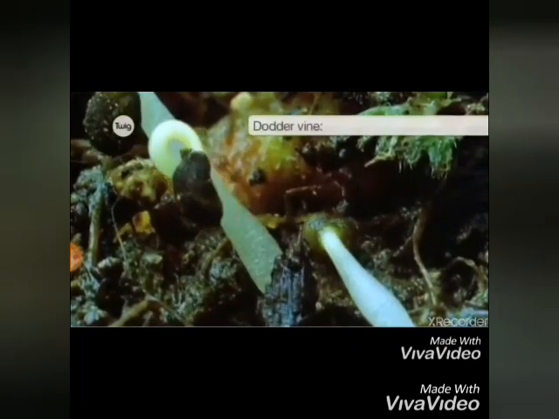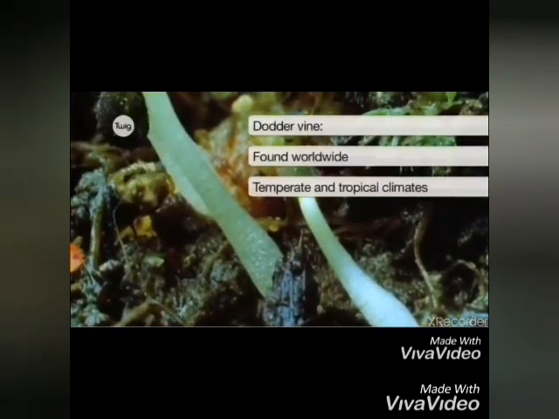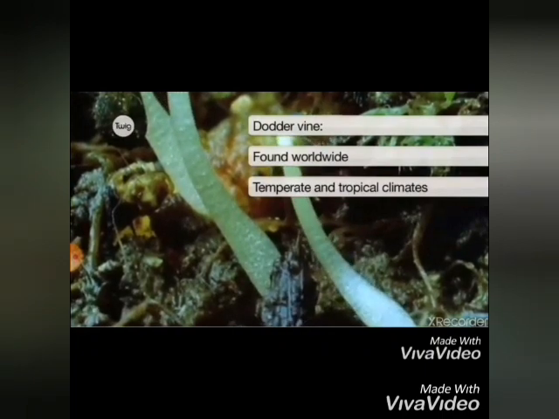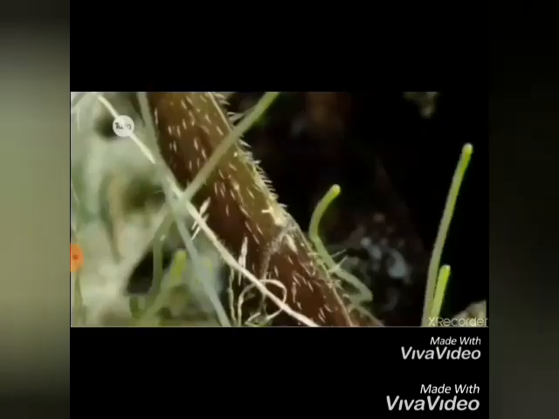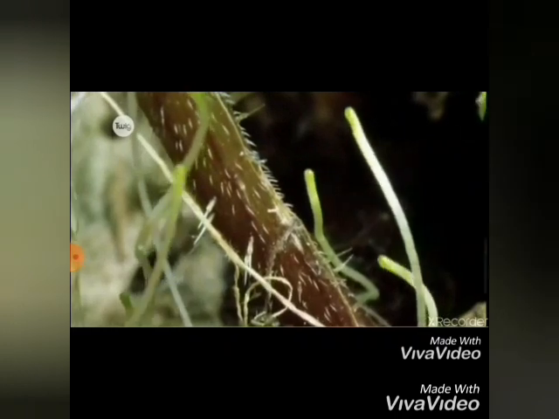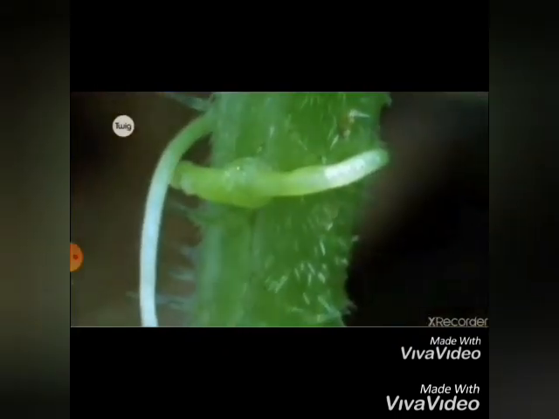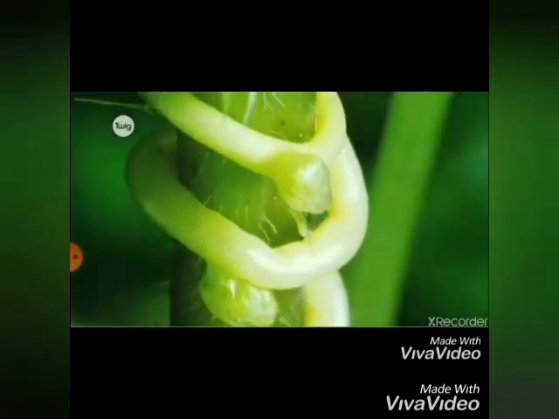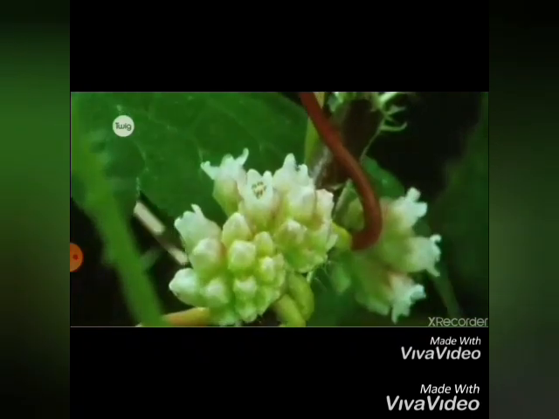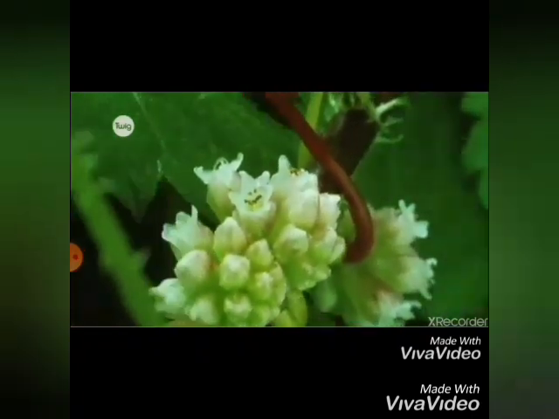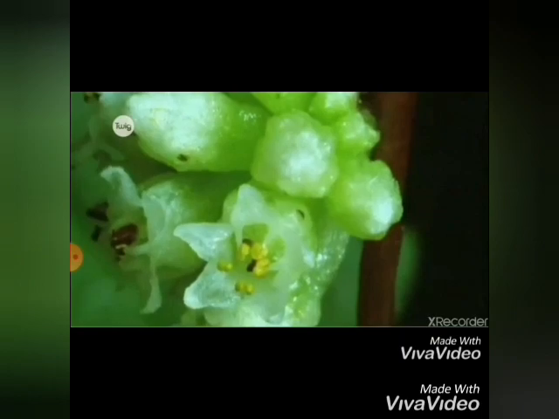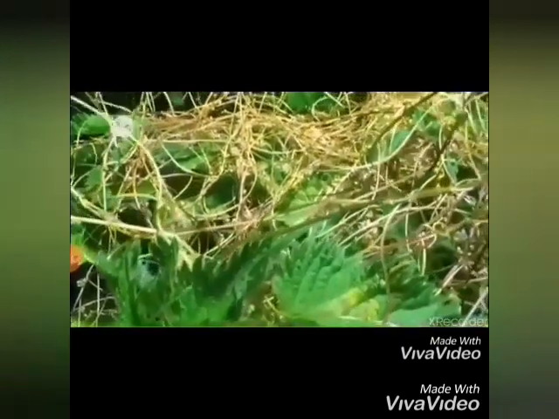Dodder plant winds around the host stem and sends branches around the neighboring stems. See how it is twining around the host. It absorbs the prepared food from the host. After getting enough nutrients, it starts blooming. The parasitic plants harm the host plant to some extent by slowing down its growth, sometimes cause heavy damage, sometimes kill the host plant.